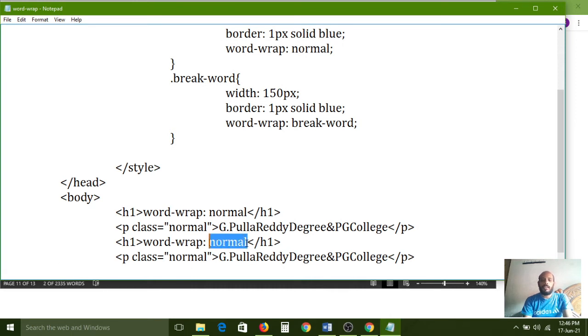Here also break-word, because this is the heading, then only the output will understand. Break-word is the value, Control S I am giving.